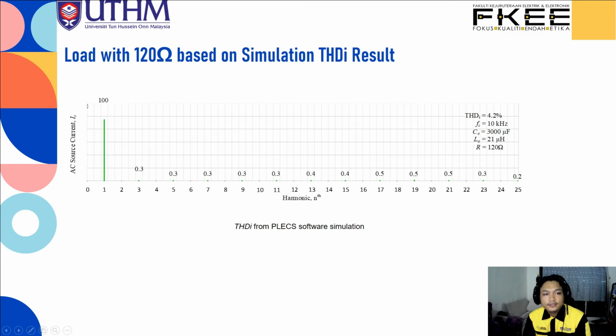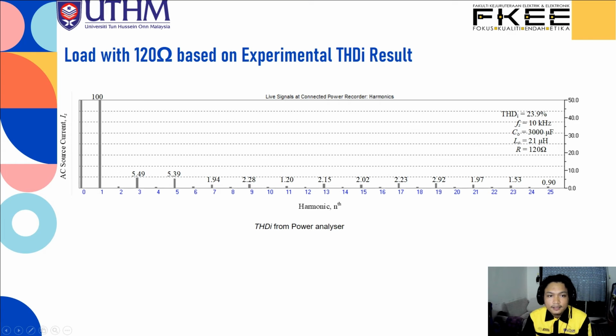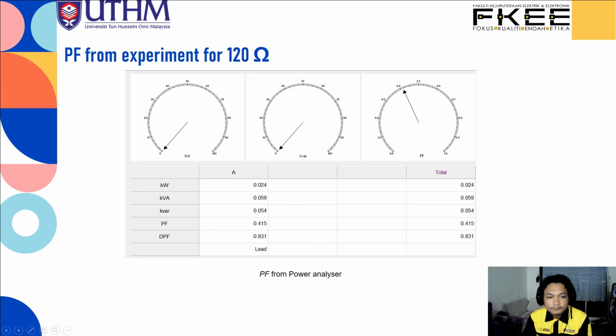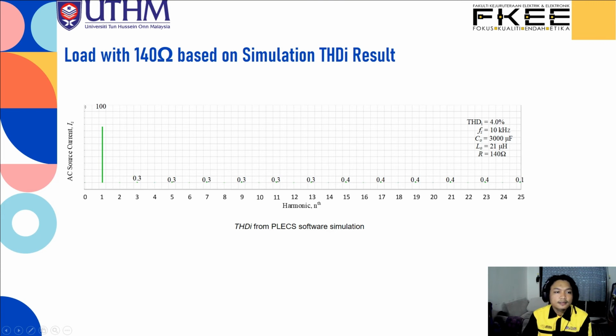Okay, this is the load with 120 ohm based on the simulation THDI result. The THDI is 4.2%, less than when the load is 100 ohm. Next, the experimental THDI result for 120 ohm, we got 23.9%. Then for the power factor we got 0.415. Next, for the load with 140 ohm based on the simulation THDI result, we got the THDI is